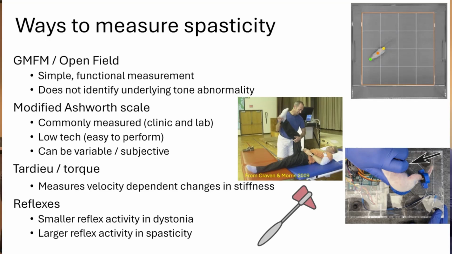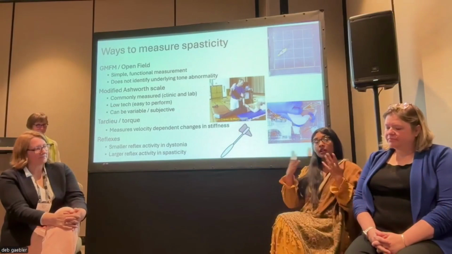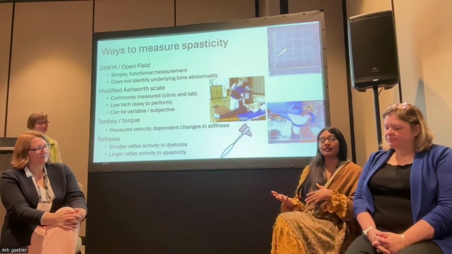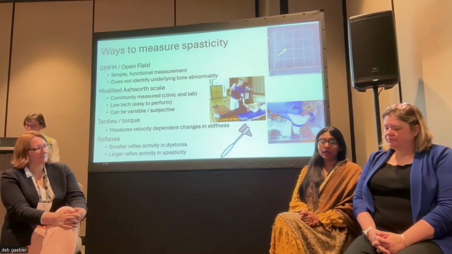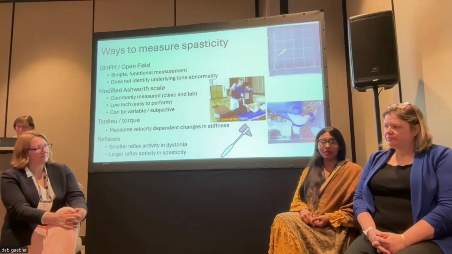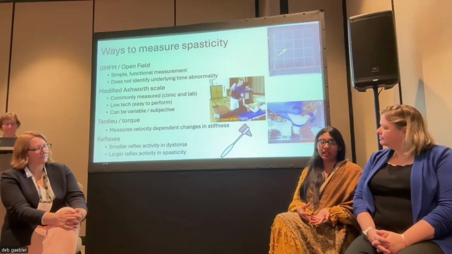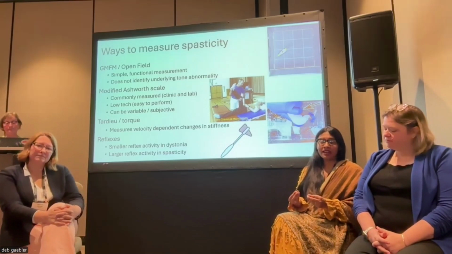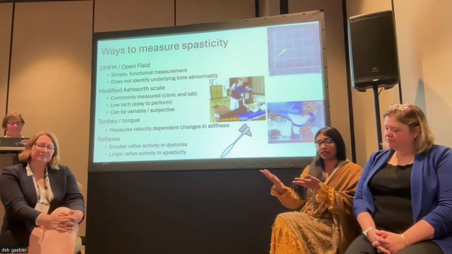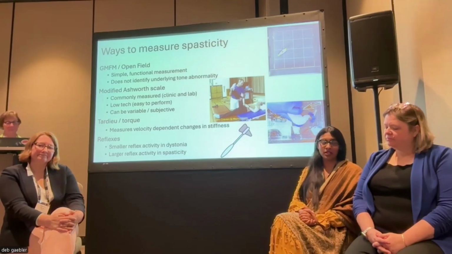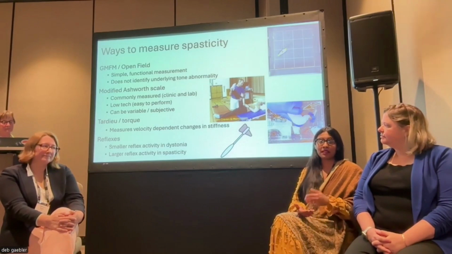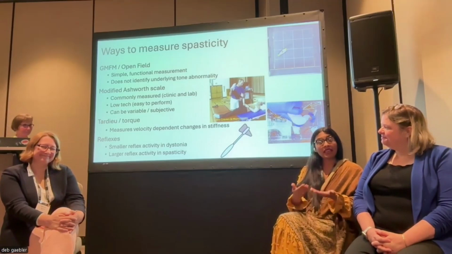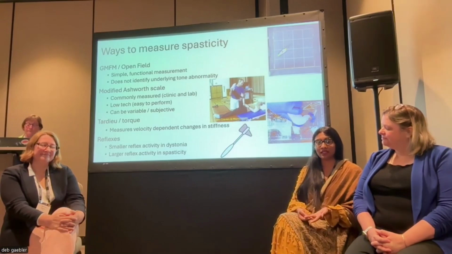So for spasticity, for example, before we even get into the sign, we can think about general movements. How is the animal generally moving in an open field? You might think of that analogously to doing something in the clinic like a GMFM. We can also do qualitative assessments of spasticity in animals, similar to how you might think through a modified Ashworth scale. We can develop specific equipment to allow us to measure torque, to assess things like the modified Tardieu scale, and Dr. Quinlan and colleagues have developed a torque meter to do just this. And then when we think about spasticity, we think about increased reflexes. Though we can't take a reflex hammer to an animal model, we can measure increased reflexes electrophysiologically